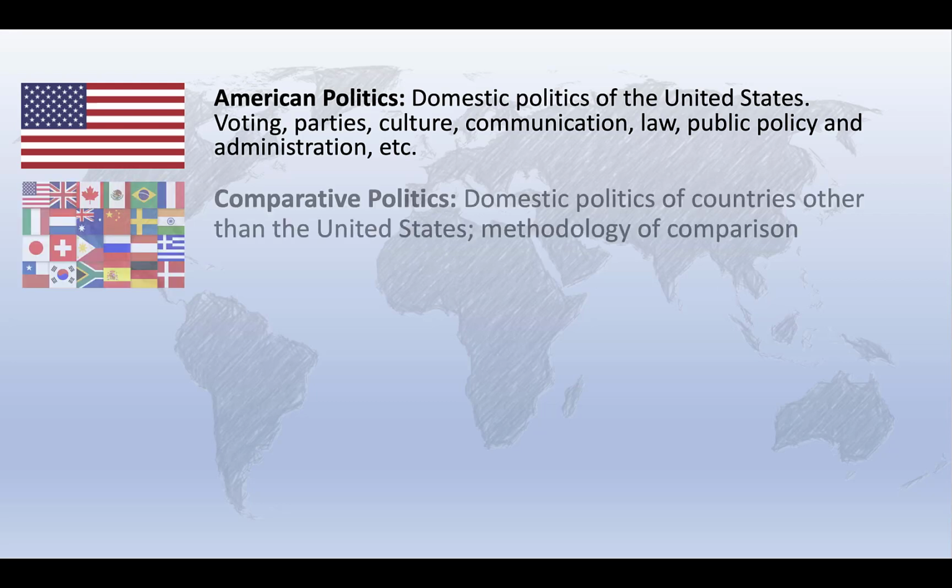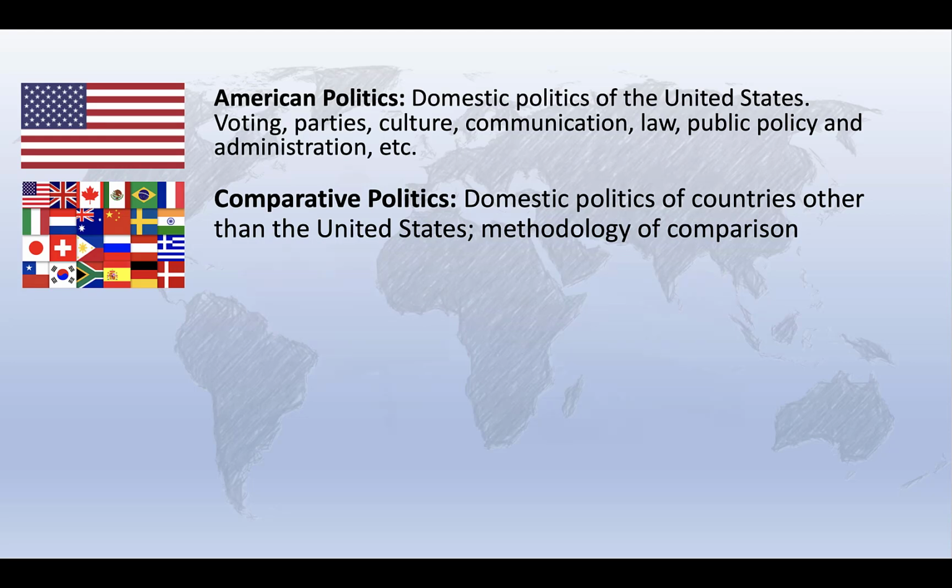As a subfield, comparative politics encompasses two discrete areas. The first focuses on the domestic politics of countries outside the United States. Thus, a comparativist might study political party behavior in Australia or voting behavior in South Africa, for example. The second area of comparative politics focuses on the methodology of comparison, and so comparativists might engage in regional or even transnational studies considering questions like legislative processes in the countries of Asia or processes of democratization across Latin America